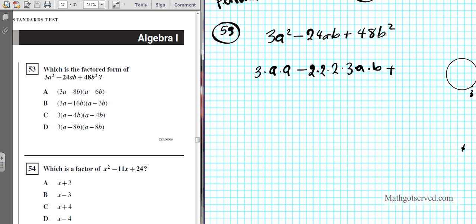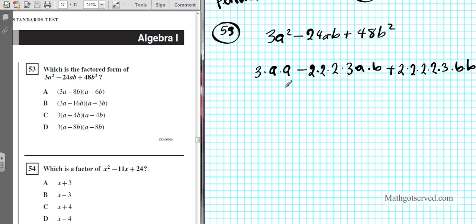Let's do that on the side here. So it's just double 48, so it's 2 times 24, which is 2 times 2 times 2 times 3, which is what we determined here, and then times v times b. All right, now that we have it broken down completely, or decomposed, now what can I factor from all three